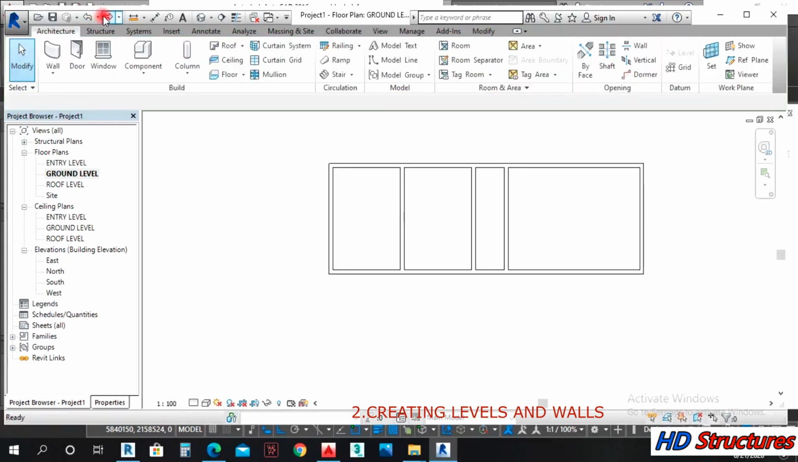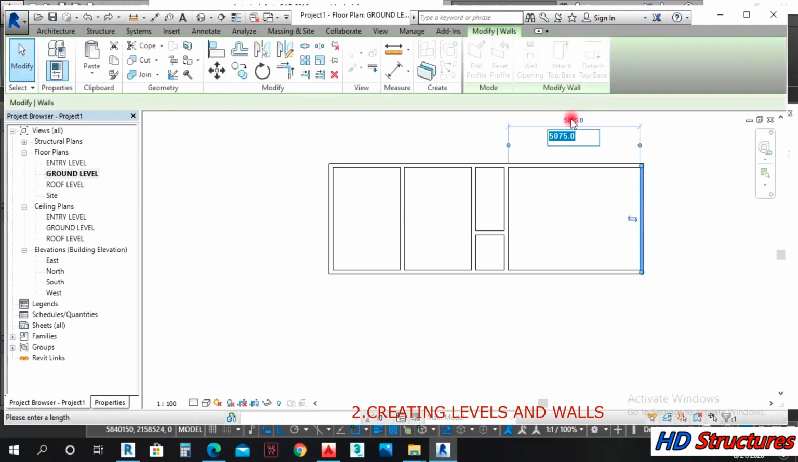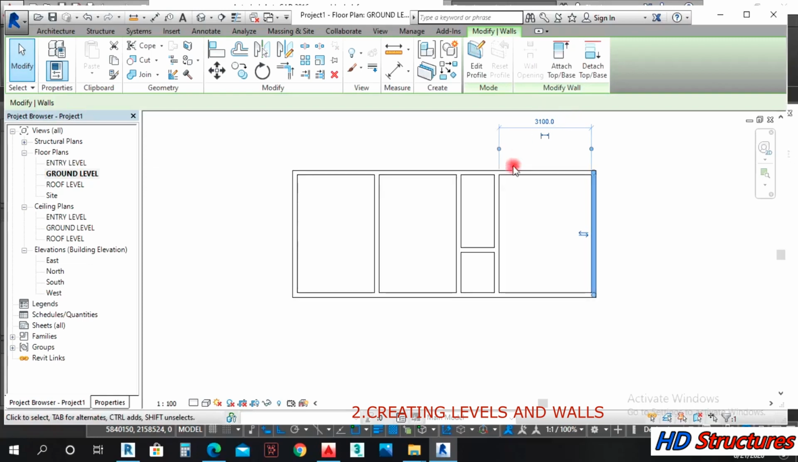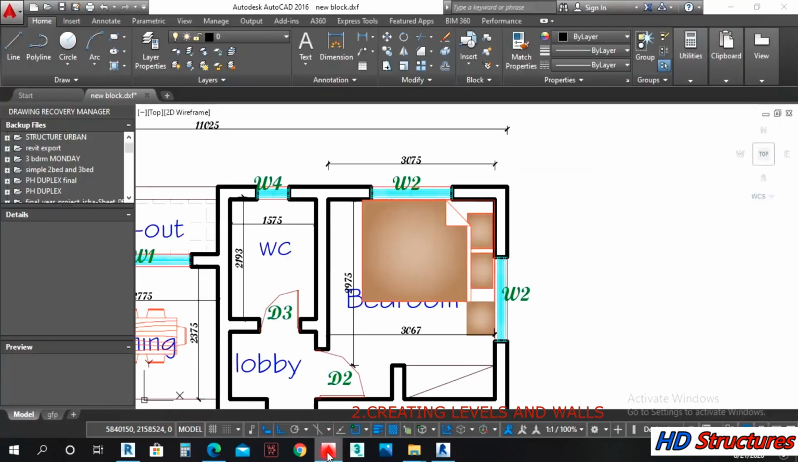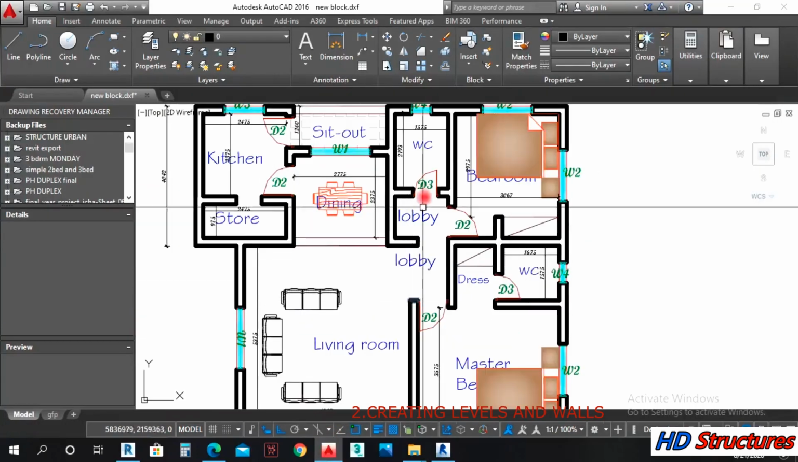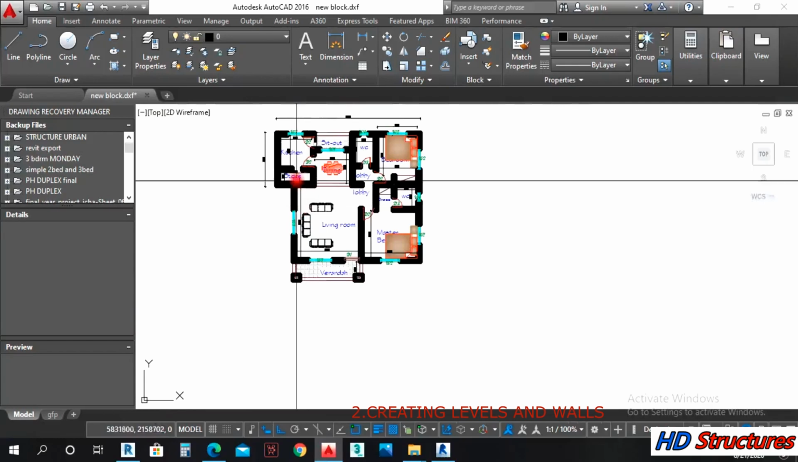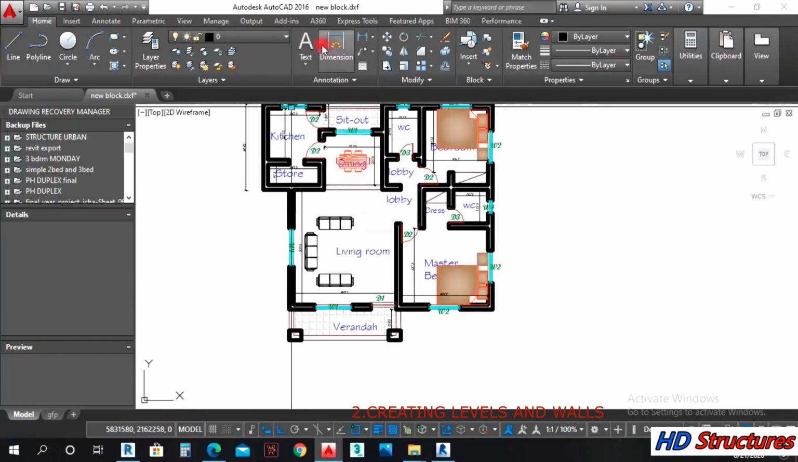Oh, good. So we now left click this, type 3100. Good. So we have that now. So the next thing we'll do is we'll create our